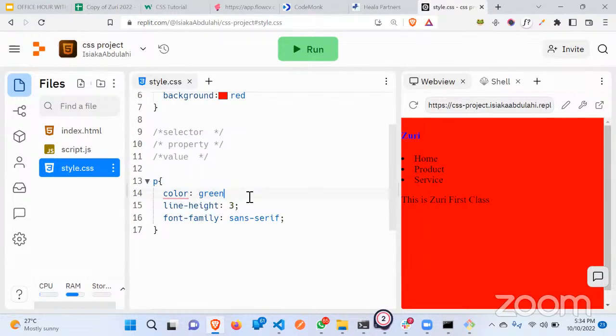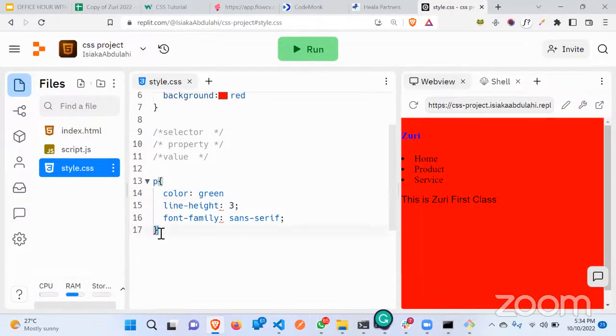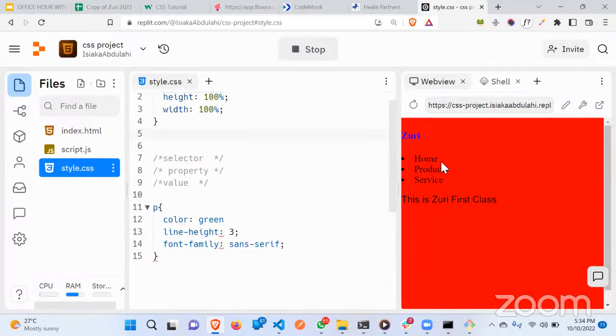If you don't put this, if I run this, it's going to throw errors. But because it's CSS, that's one thing about CSS: if you are having a problem, CSS will not tell you. You will not know in your browser. The only thing you will know is that if I remove this background of red now, your code